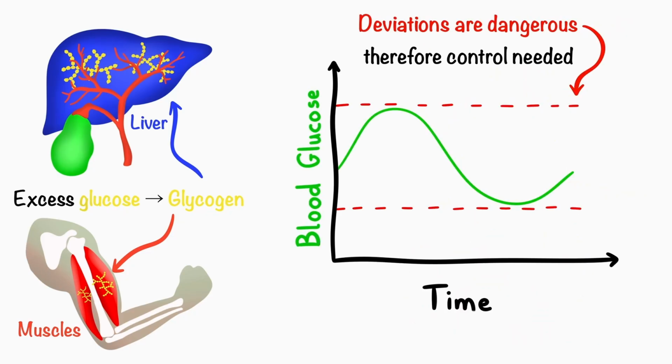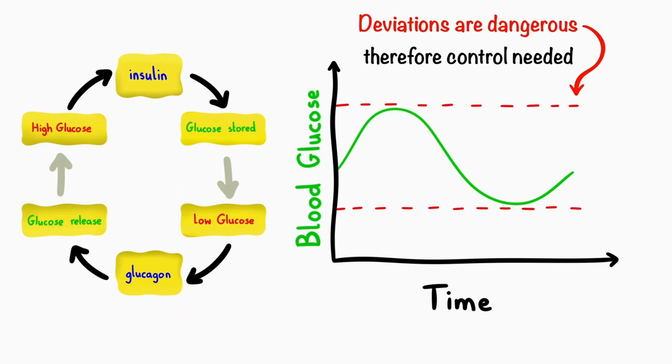The level of glucose in the blood must be kept steady. The normal range is quite narrow, and deviations can have serious consequences. This is why the body has developed sophisticated mechanisms to monitor and control blood glucose levels. The body uses a negative feedback system to maintain blood glucose within the normal range. This means that any change away from the normal range triggers responses that counteract the change, bringing levels back to normal. When blood glucose levels rise too high, perhaps after eating a meal rich in carbohydrates, the pancreas detects this